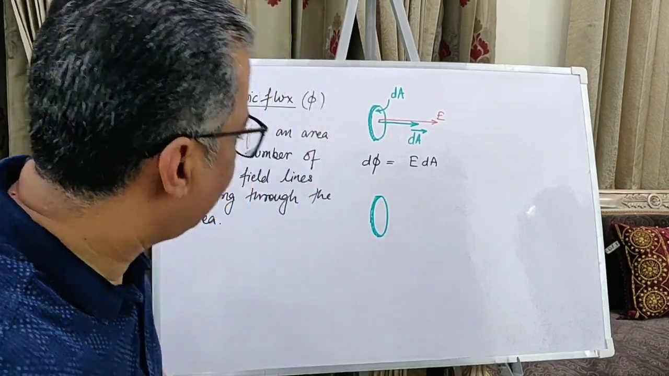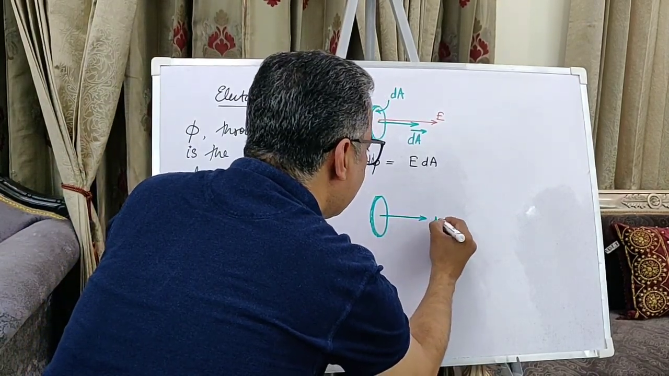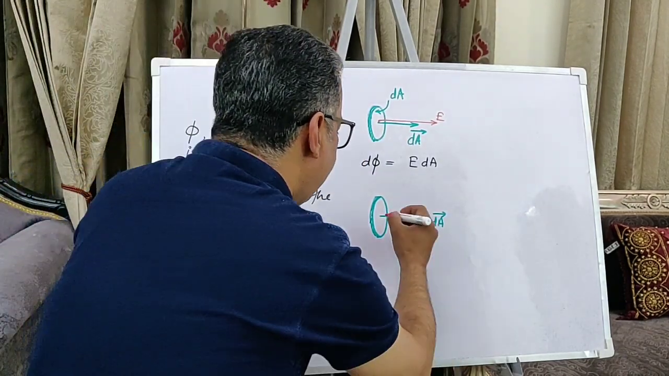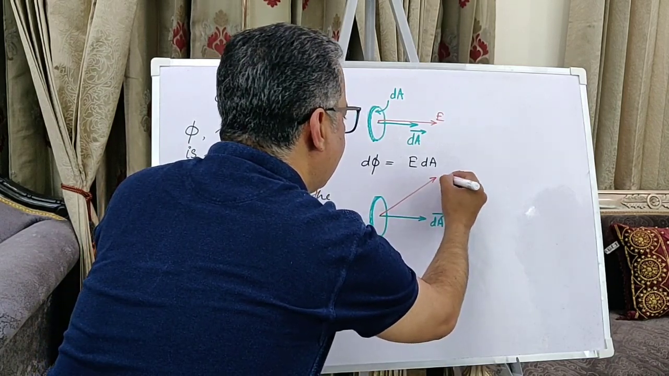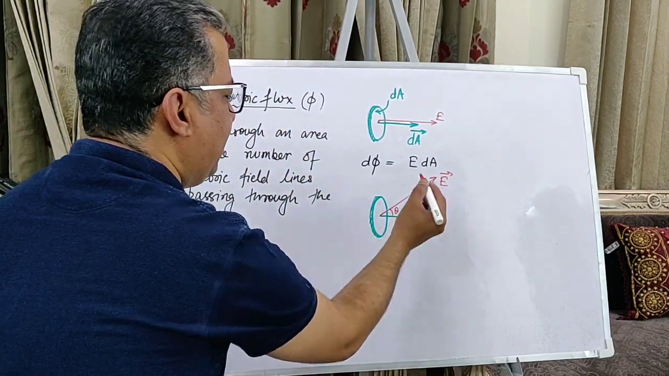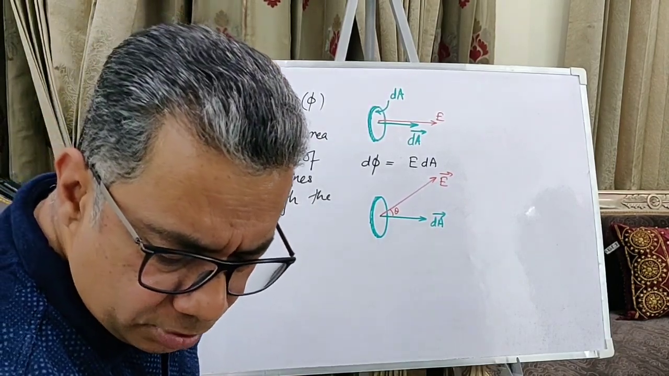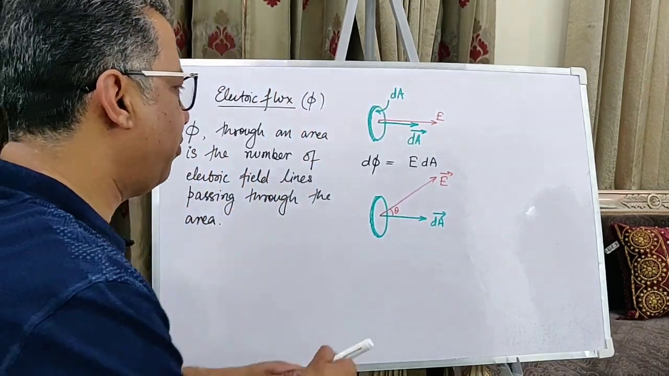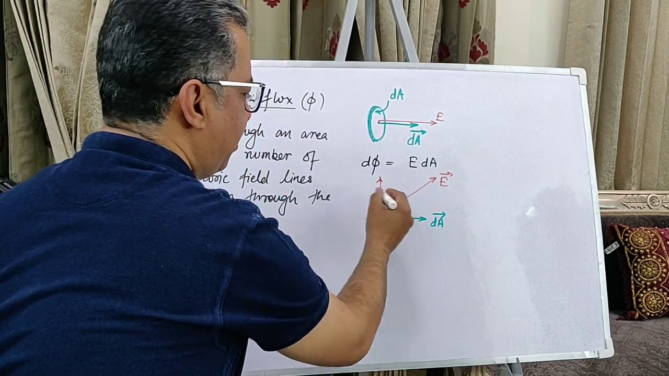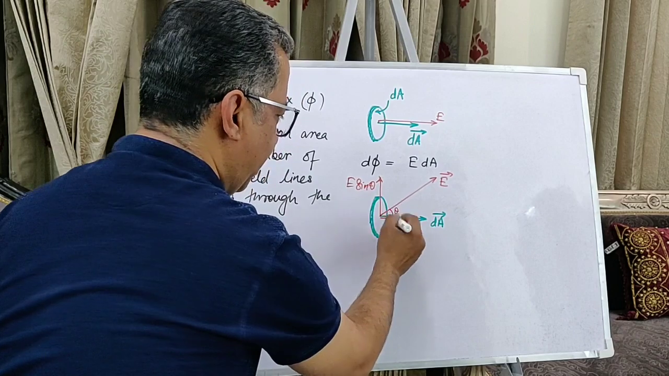Now, over here, let's say the area vector is in this direction and the electric field intensity is in this direction. And let's say there is an angle theta between these two vectors. Now what we can do is, we'll consider two components of the electric field. One is the component tangential to this area. Now this will be E sine theta, and the other is the component perpendicular to the area, and that is